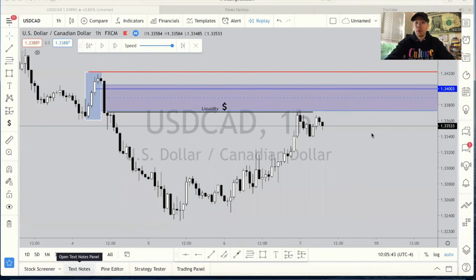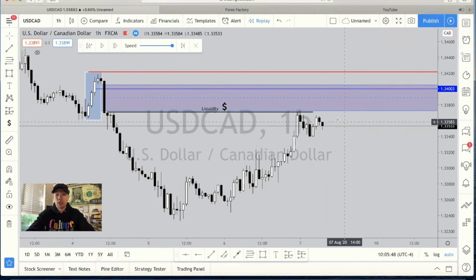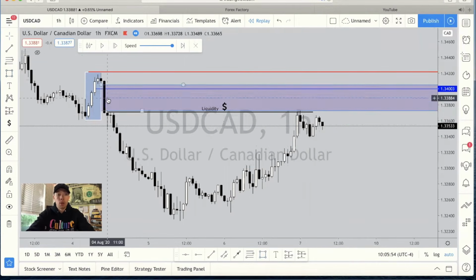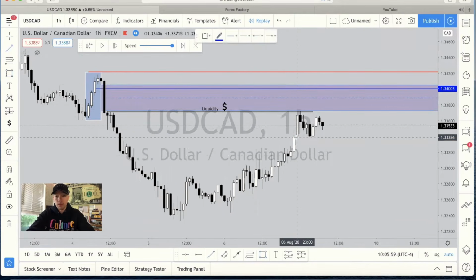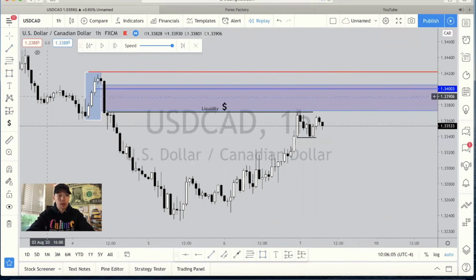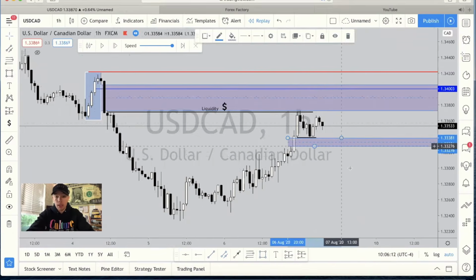So watch this, right? We were looking for the bullishness on the dollar, which would have helped us see that bullishness on USD CAD, correct? So before we go play into this imbalance, what we do have to understand also is that not only did we have equal liquidity right here, but see this hour imbalance? I'm going to mark up this hour imbalance for you guys, and we're going to see how the market played this